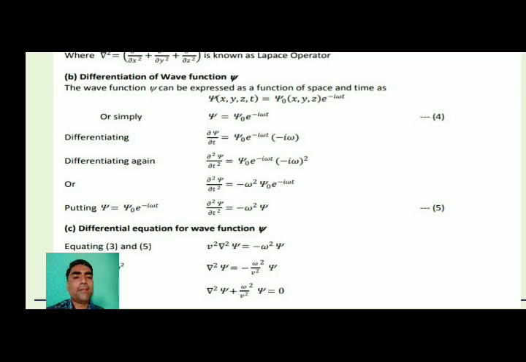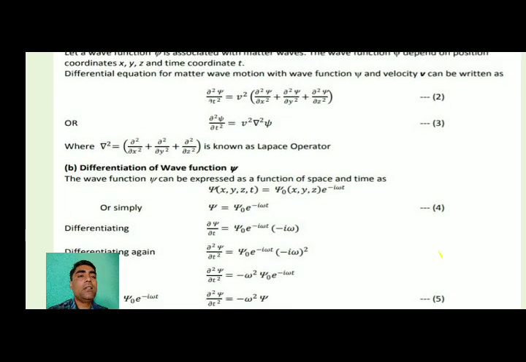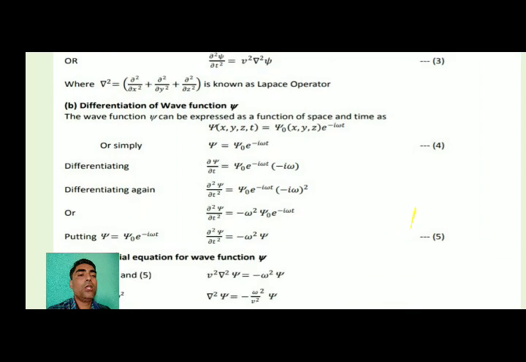Give the number to this equation. This is equation number 5. Now from this equation 5, if we substitute the value of ∂²ψ/∂t² in the general wave equation, which is ∂²ψ/∂t² = v² ∇²ψ. So therefore